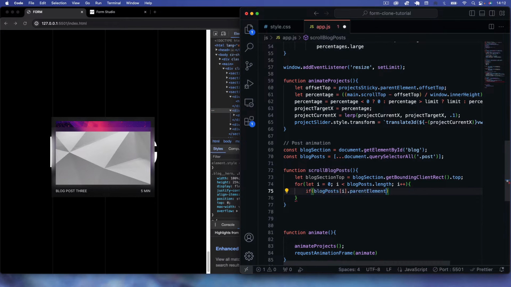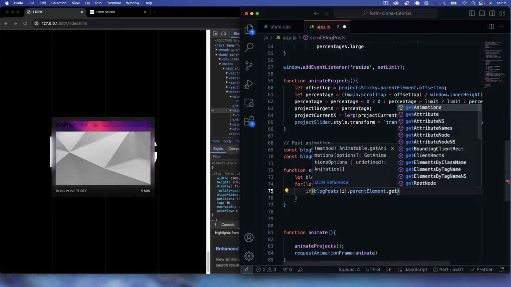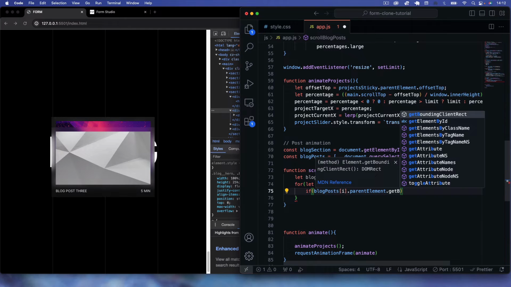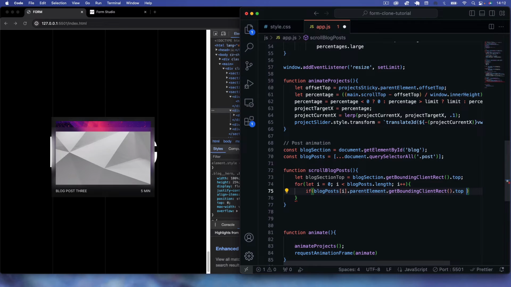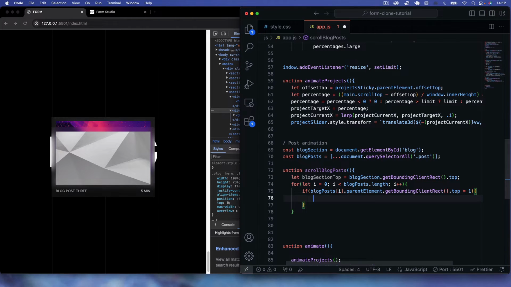So we're just going to say if that blog post parent element, and we're going to use the .getBoundingClientRect again as well, .top, and we're going to say if that is less than or equal to 1, which means it's at the top of the viewport. That means the full section is in the viewport. That's when we want to start applying the transformations to the blog post div panel here. So then we can just say,